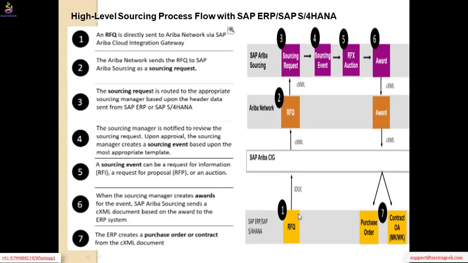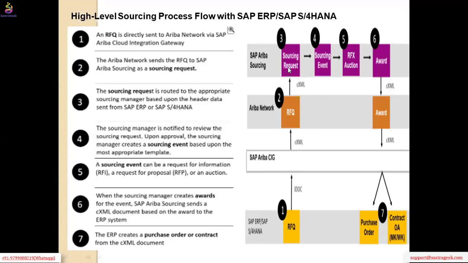So the RFQ information flows via the IDoc to the CIG portal, and there the translation happens and the information is automatically converted into the cXML language. Ariba supports the cXML language, so the system will be able to parse the information. The same RFQ information will reach the Ariba Network portal. This is the buyer portal, the customer side, so the supplier side does not come into the picture here. It will flow to the Ariba Network buyer portal, and from there it will route to the